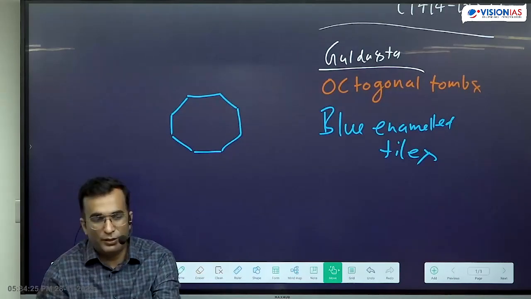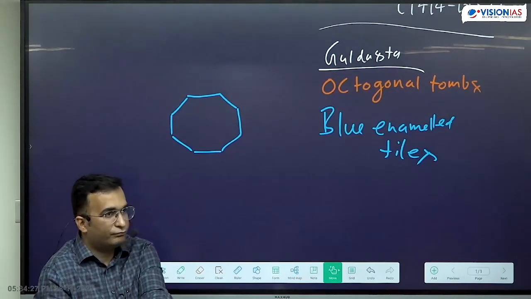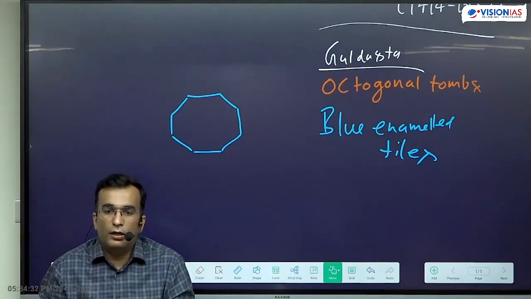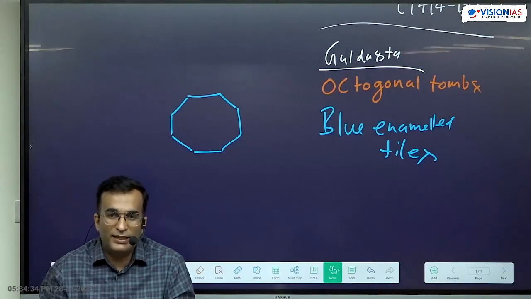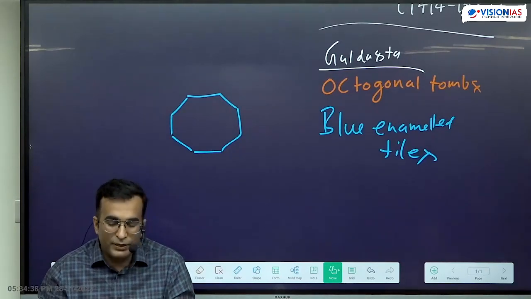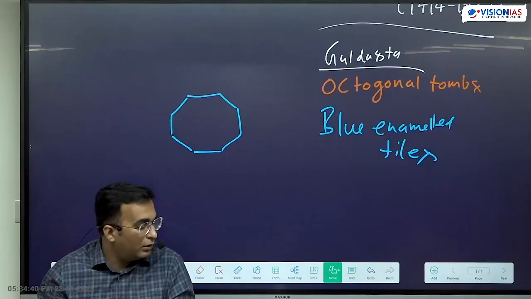Octagonal tomb, T-O-M-B. Normally we say tomb, okay? Tomb in India. Then mention,